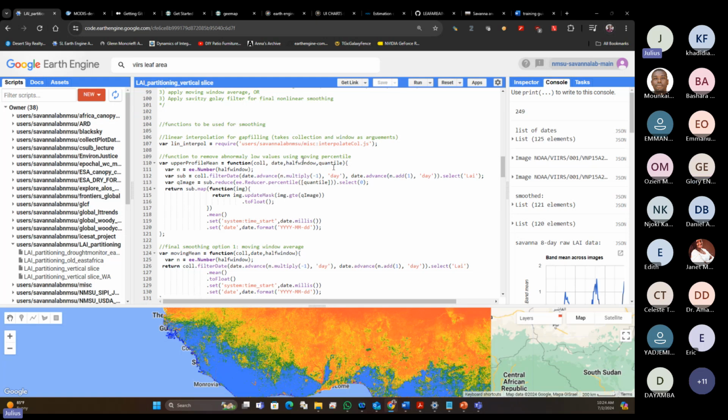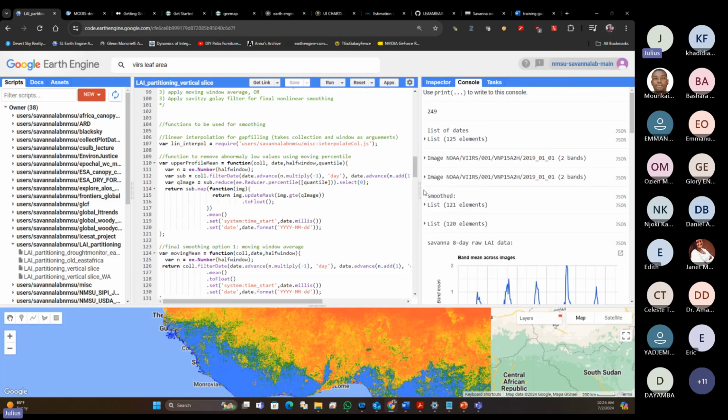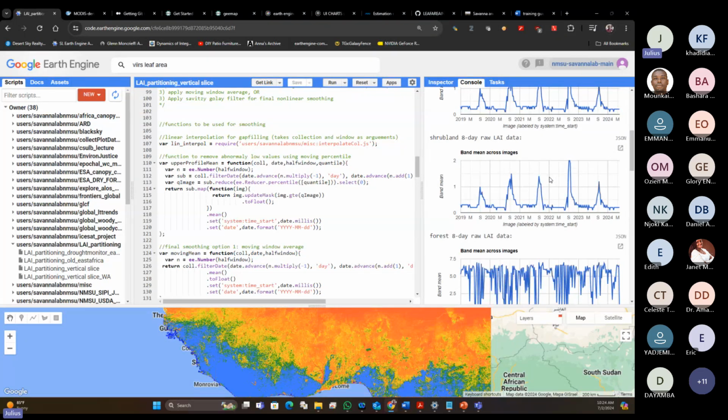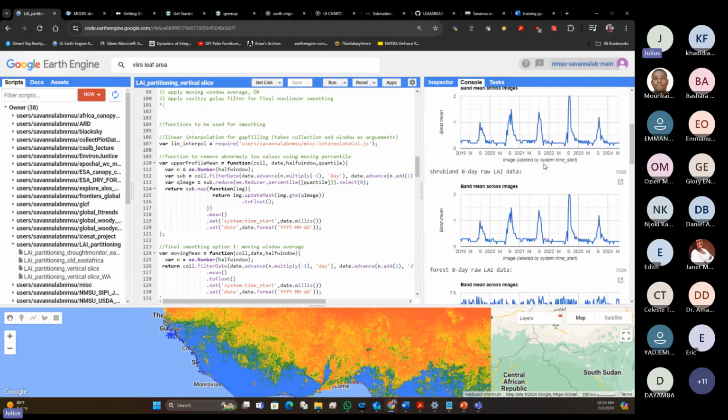you have this very noisy data. As you can see here, the first graph on the right is the data that has not been smoothed, without any smoothing. The top one there is for the savannah area in northern Senegal. So that's an open landscape. You can see the clear patterns of leaf area index peaking in the rain season, but